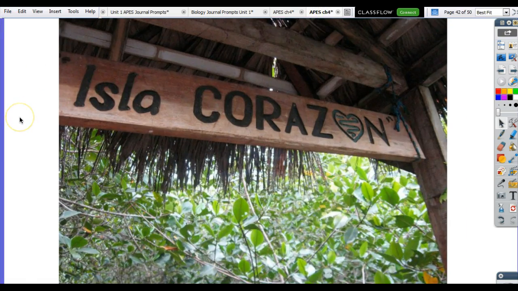All right, so this is Isla Corazon. It is off the coast of Ecuador. Once upon a time, Ms. Frankson went and lived in Ecuador for a month in a treehouse on an organic farm in college. No, it was 19. All right,